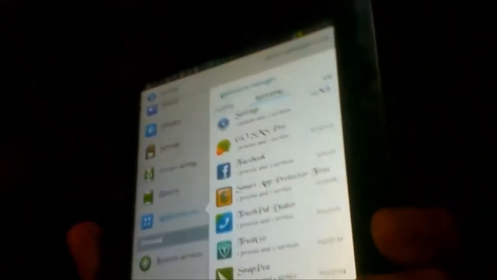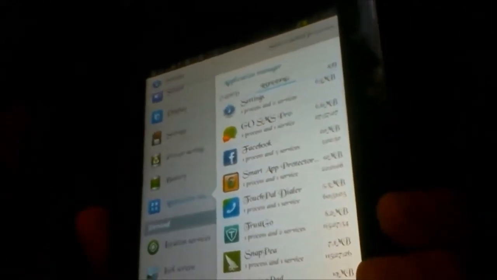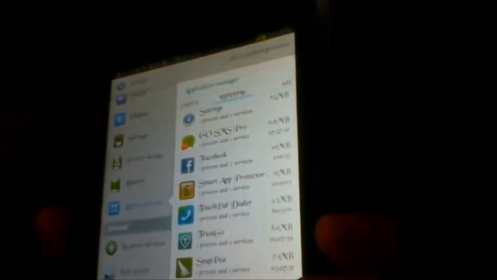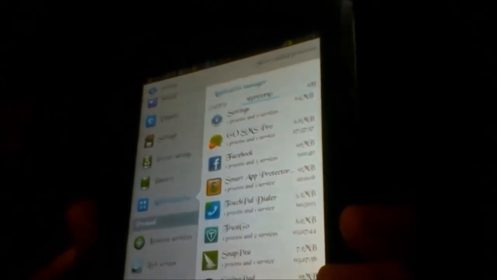You can see there are so many applications running here. What these task killing applications do is they just kill these apps. If you want to see, I'll show you a demo of how to kill an application. Like, I don't want this SMS Pro application. So when I'm killing it here, I'm stopping it. This is the same work done by any task killer app. But the disadvantage of using a task killer app is that this application automatically appears again in your Android tablet or phone after some time. You would have observed the same.